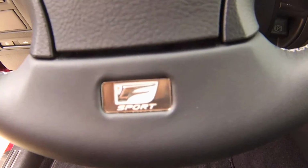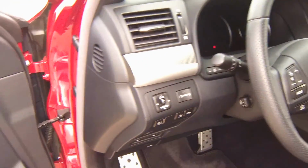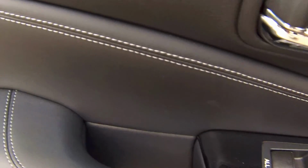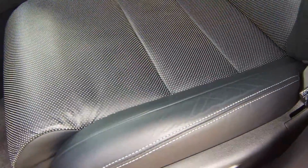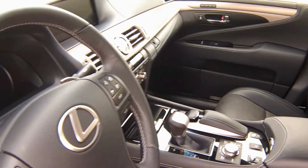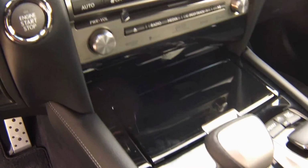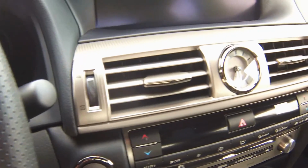And the other big problem we have with it is a general LS concern of ours, and that is that the interior just doesn't feel special anymore. At this class, in this price point, the competition does not stop moving. There's seemingly a new competitor refresh about every 18 months in this league. And Lexus has been riding on this LS body style, more or less, since 2007. And the interior is starting to show that. There's some nice materials here and there, yeah, but we're talking about a car that's pushing $90,000, and that means you would expect some phenomenal interior features,